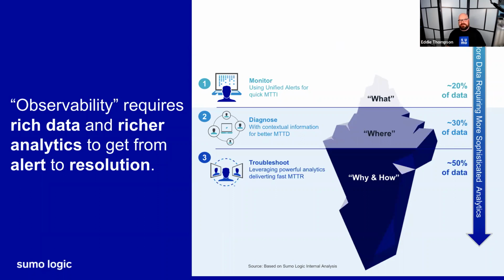You see a spike in latency, you get an alert, and that's when you need to be able to investigate, find out what the problem is, and that's when you move into this diagnose phase here, and that's where you start to be able to leverage things like distributed traces to investigate service relationships to find out what is going on within your distributed application. And finally, we get to the dark part of the iceberg,